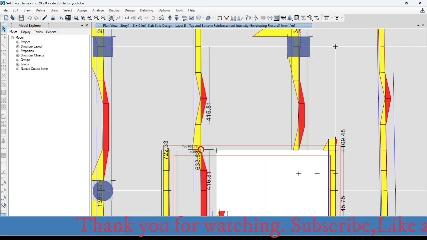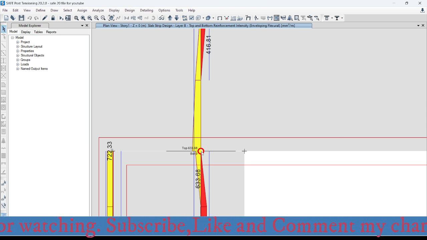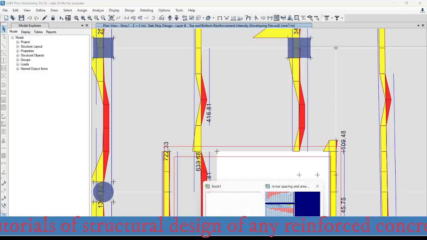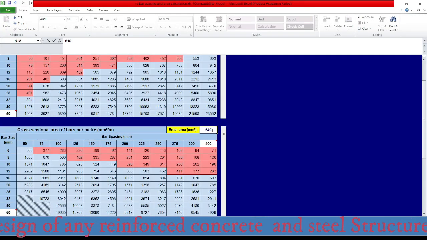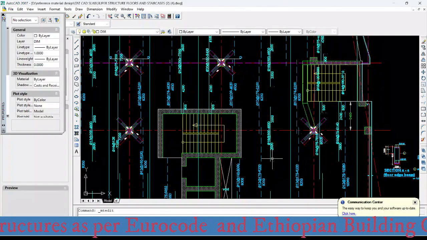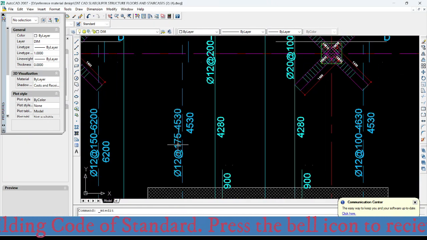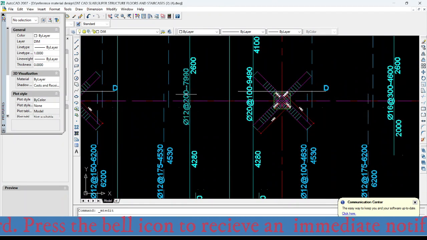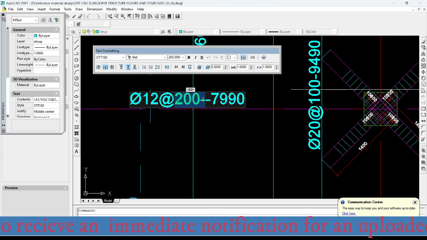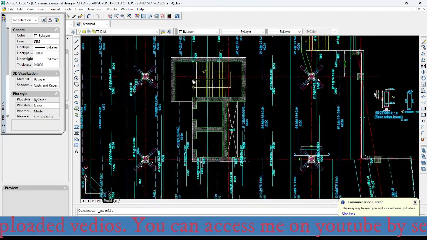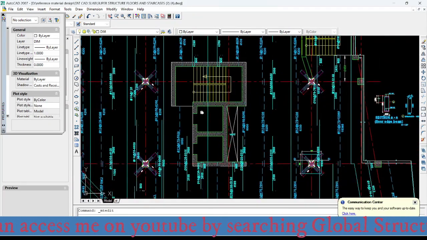Here, that is 630, 600, 640. So 640. So diameter 12 at a spacing of 175 is adequate. So here it is diameter 12, 100, diameter 12, 175. This one. So